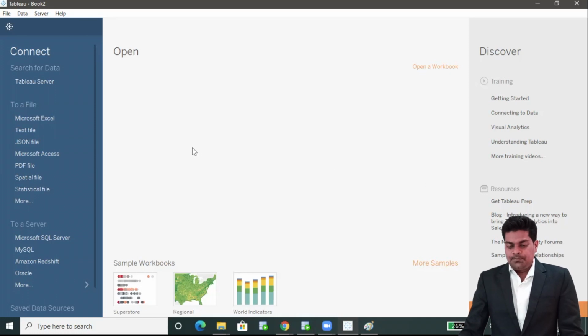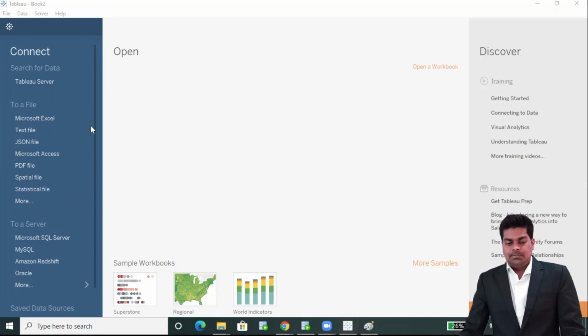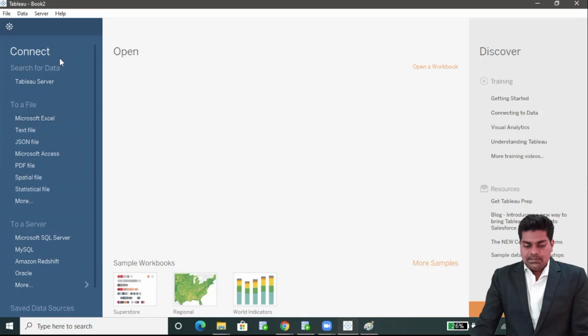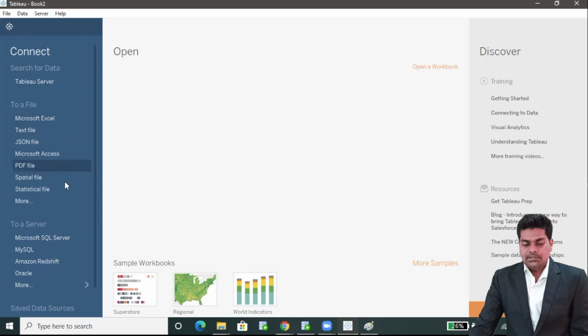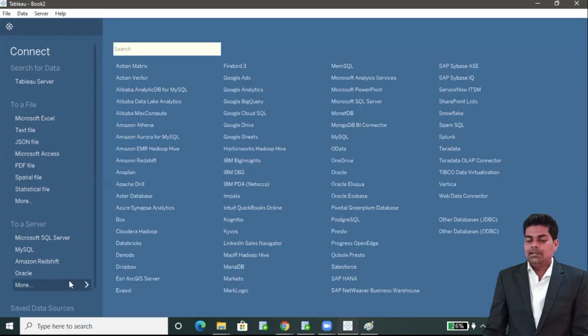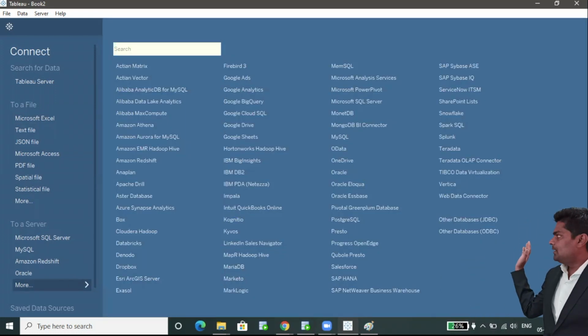Now, these are the data source panels. Here we have multiple technologies, multiple data sources and databases which we can connect.